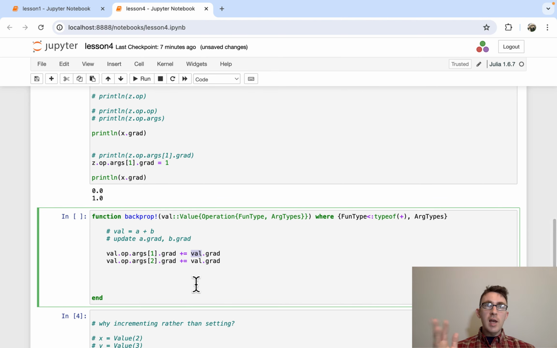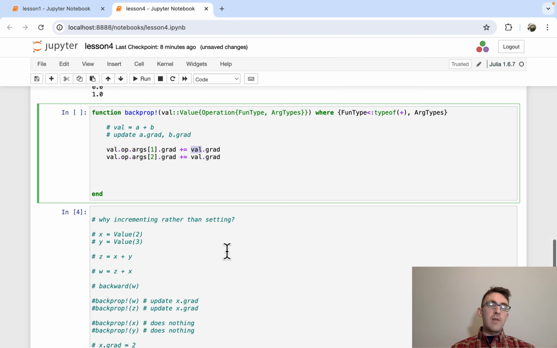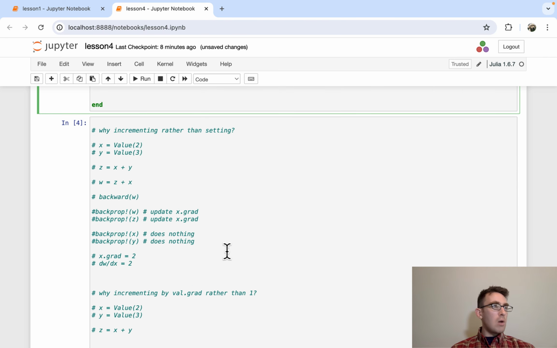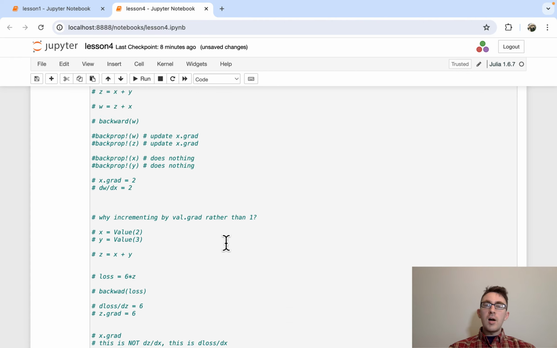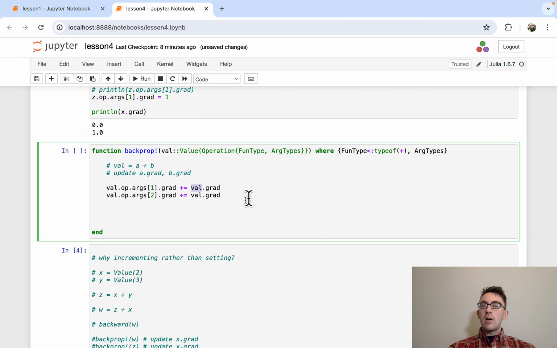If val is an intermediate step, then we want to basically chain rule everything back through all the steps. So that's why we're using val.grad rather than incrementing by 1. If any of that's confusing, you may want to prove it to yourself on paper why incrementing by the val.grad allows us to use the chain rule when it comes to these addition